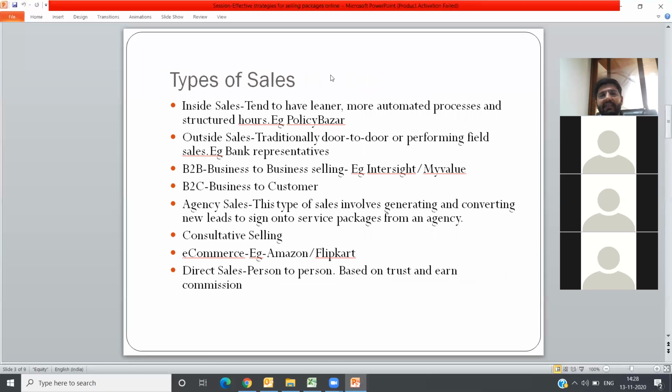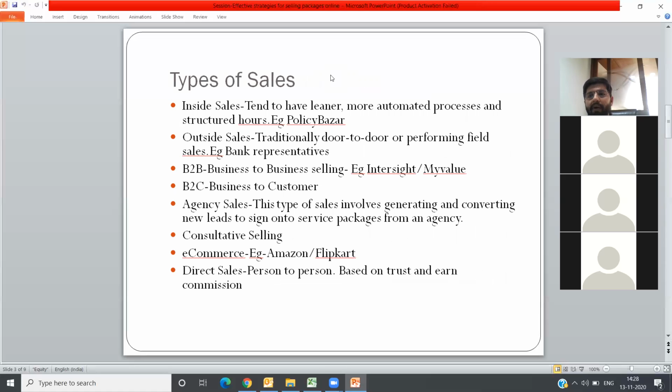So we'll be discussing some types of sales here. There are various types of sales, which are listed by management gurus in the books which have been written. From there only I have picked the data. This one is inside sales,